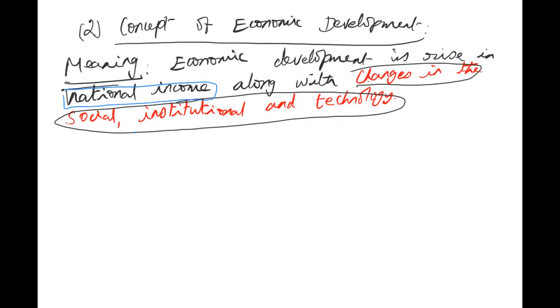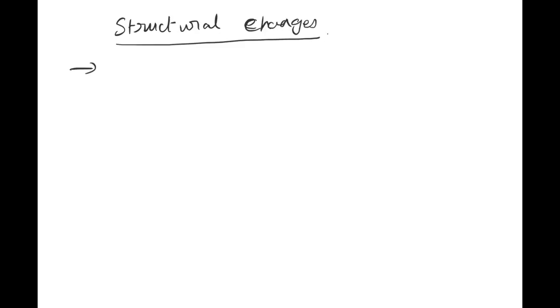So what do they have to do in order to make all these changes? What are all the changes that will be happening in the country if the country is in the process of economic development? That is what is known as the structural changes in the economic development of a country. So a country which is under the process of economic development has to undertake certain structural changes. So the first structural changes